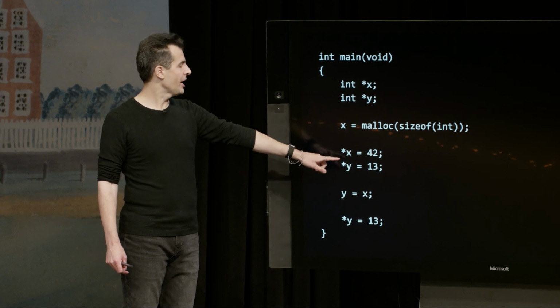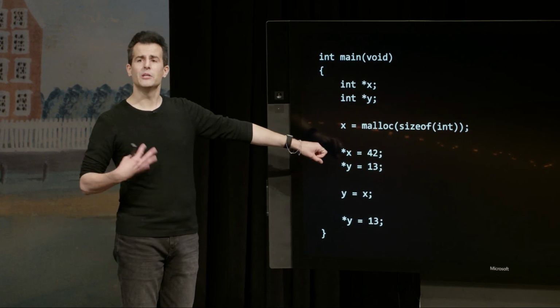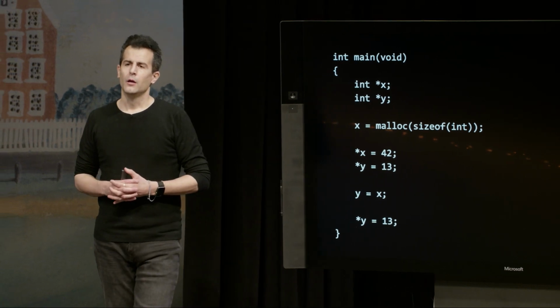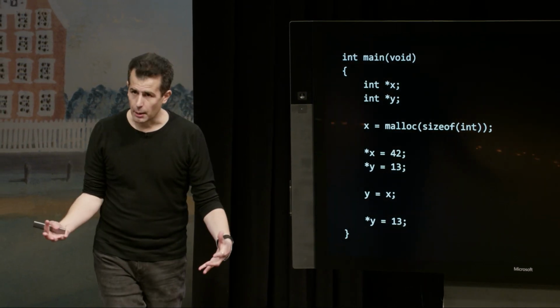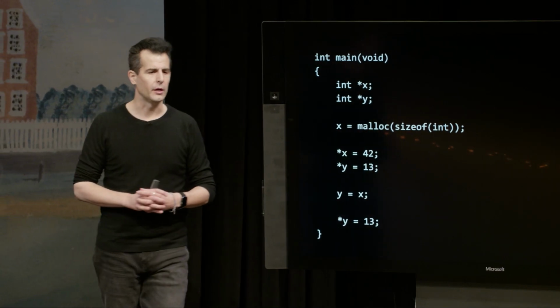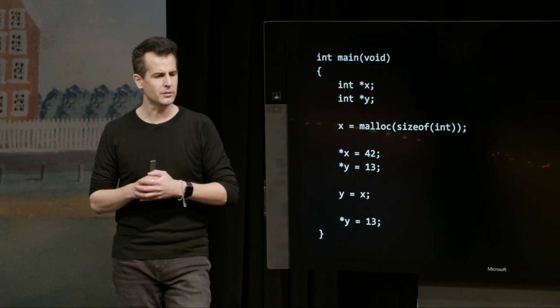Would someone mind translating to sort of layman's terms, what is *x = 42 doing? Star, again, is the dereference operator. It means go to the address and do what? How would you describe with a verbal comment what *x = 42 is doing? Brian, would you mind verbalizing any thoughts?